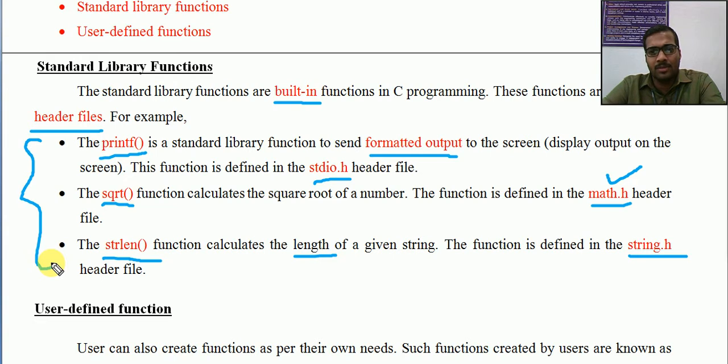We know how we are using printf, I am simply calling printf. How we are using sqrt, I am simply calling sqrt. Then for getting length, I am using strlen. So we are not giving any body. We don't know what is there inside that function. We know what is happening, but we don't know exactly what is written inside that function. We are simply calling, just like switching on the fan, we are simply calling strlen. That's all. The body is unknown. It is already defined and saved inside the library file. So I think it is clear.